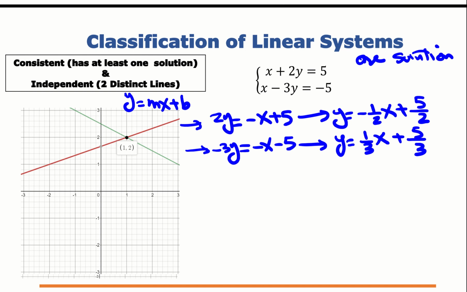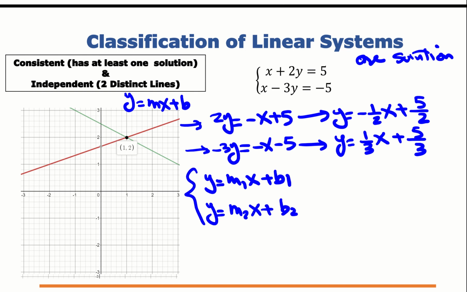So anytime you have a system where the two slopes are different, the two lines are definitely going to meet at only one point. So generally speaking, if you have y equals m1x plus b1 and y equals m2x plus b2, the characteristic of this kind of a system, which is consistent and independent, is that m1 does not equal